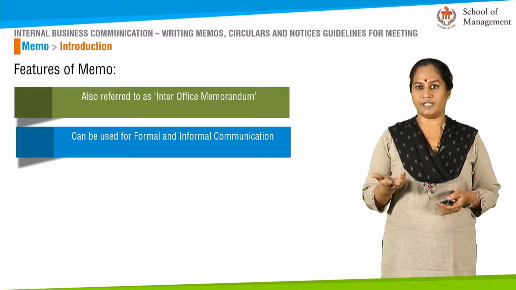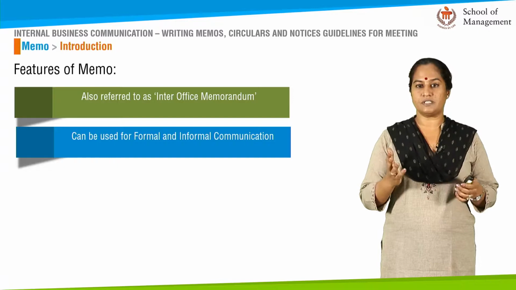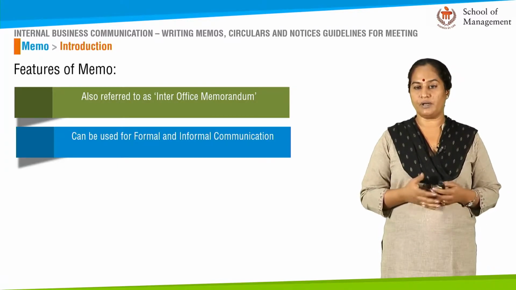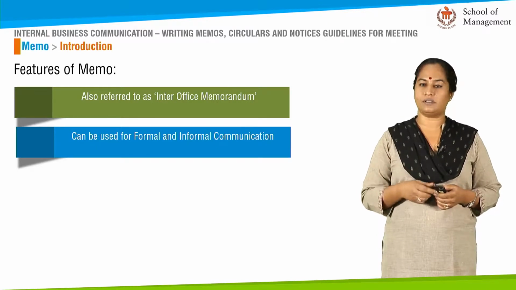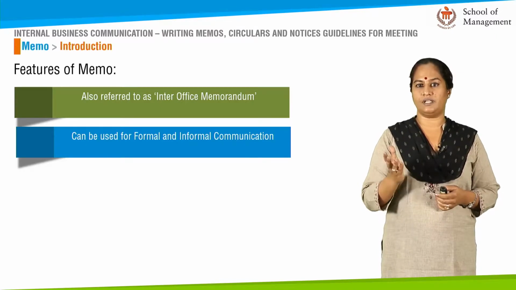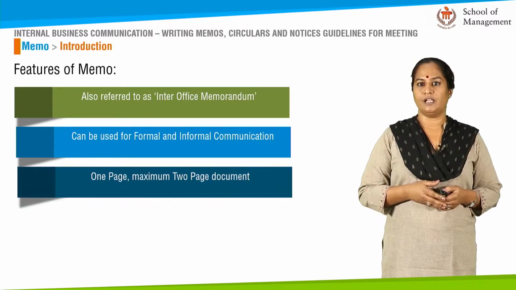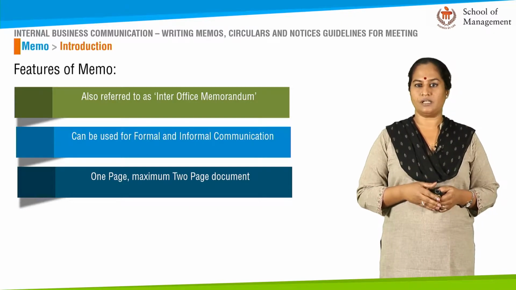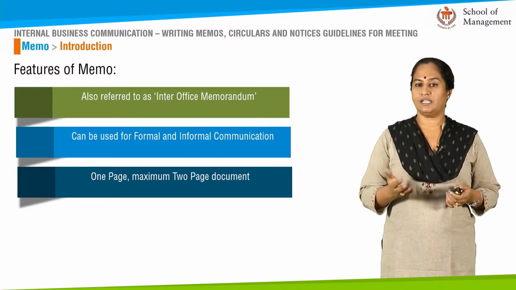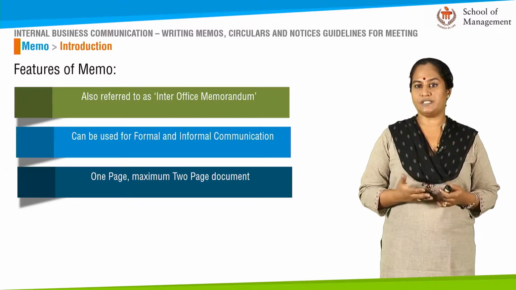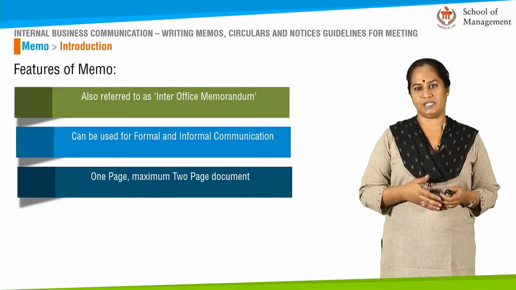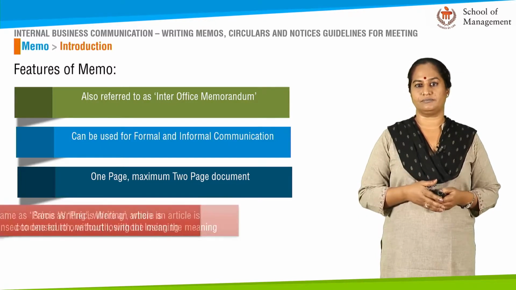Informal could be, just say, on a Friday evening, the office staff decide that we need to have a get-together. So how do you get to inform everybody about it? We just send out an informal memo saying that the entire team is meeting up on Friday evening at 4:30 for tea. Now, memos ideally are one page and in some instances could go up to 2 pages depending on the length of the discussions or the number of points that have been taken up. Anything beyond 2 pages cannot be considered a memo; instead, you might as well write a report.